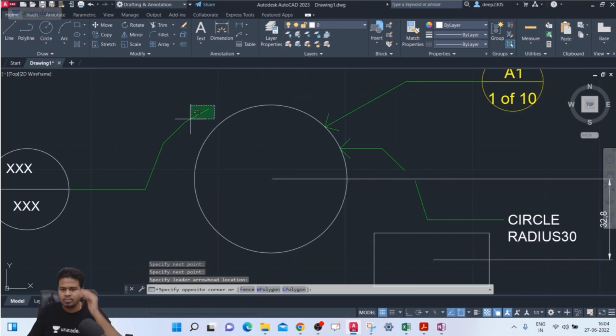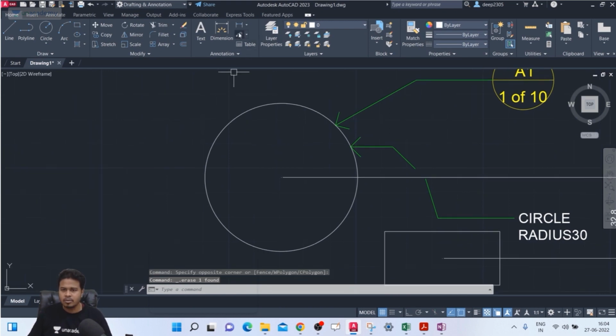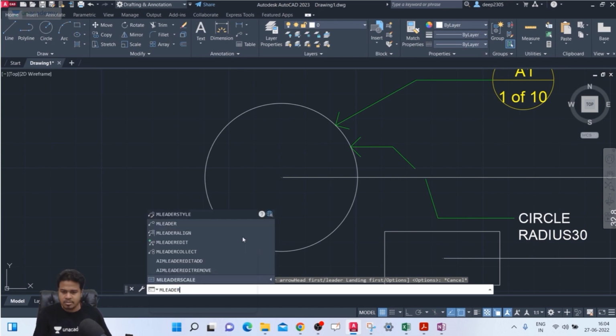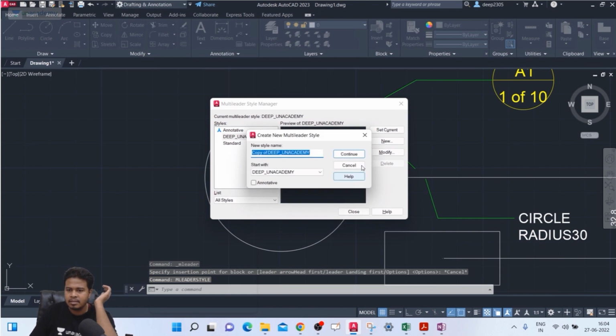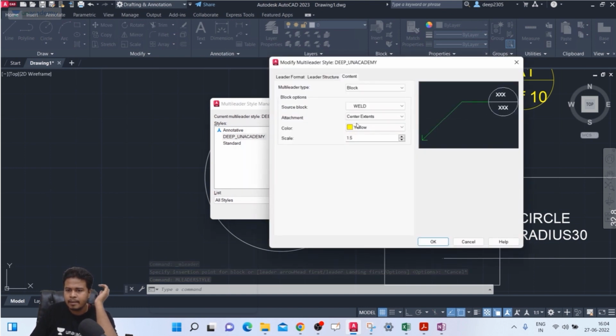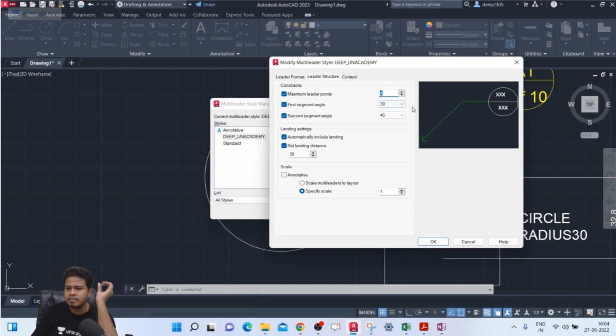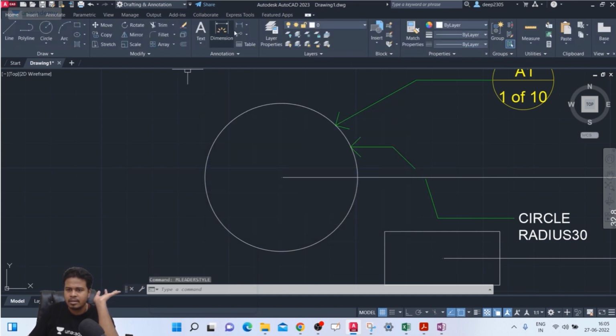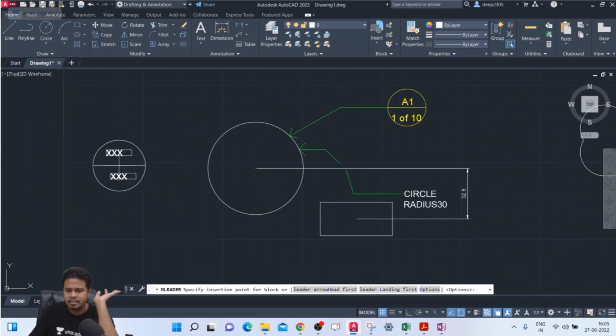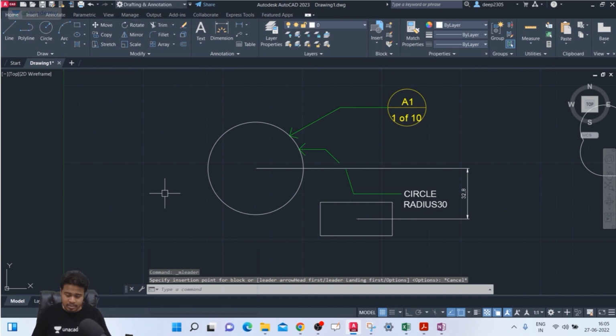Oh, I'm so sorry. Go to leader. Rather, I will go to M leader, because I don't want to press lots of times. M leader style, not new. Modify. From leader structure, the maximum number of leader points, let us set as 2 only. 2 is enough. Now close it. Now go to M leader. Actually this block is quite big, right? So what we can do is, we can go to M leader